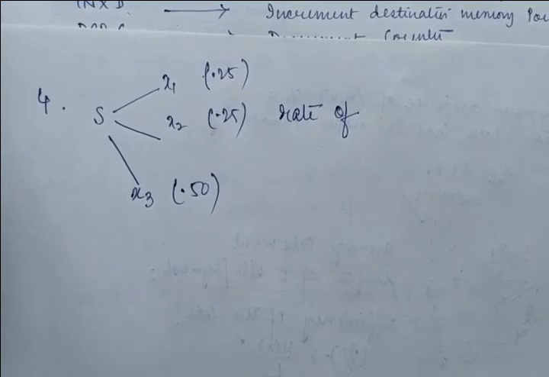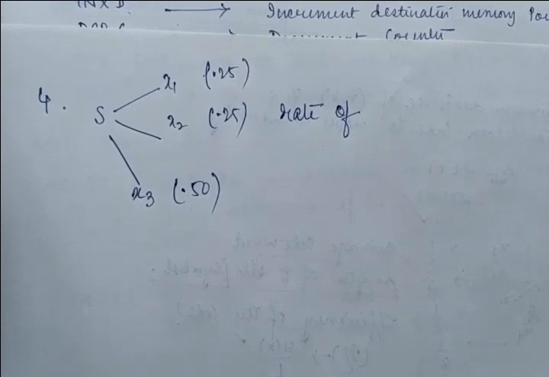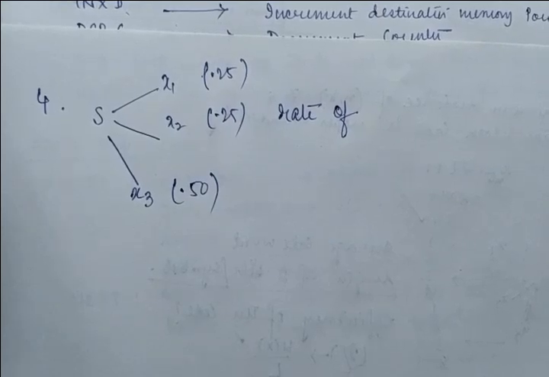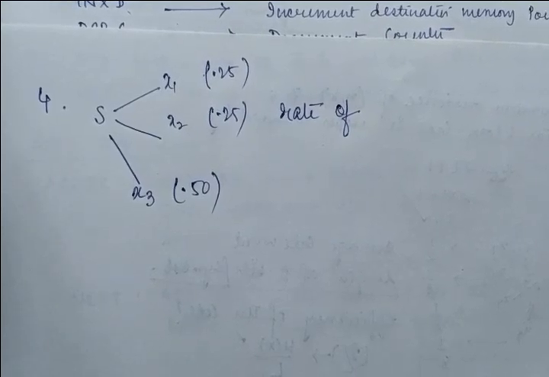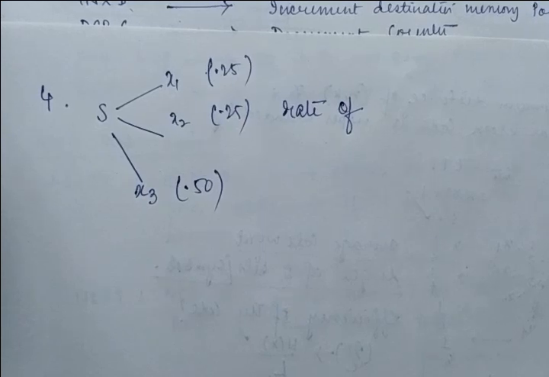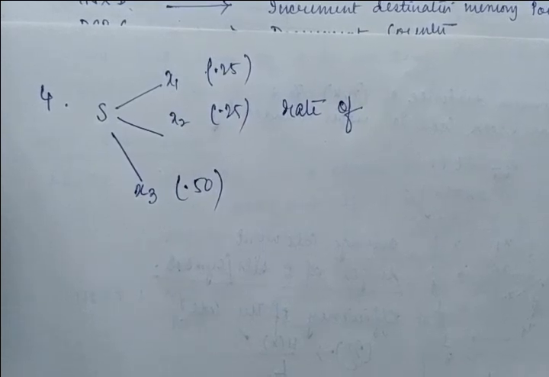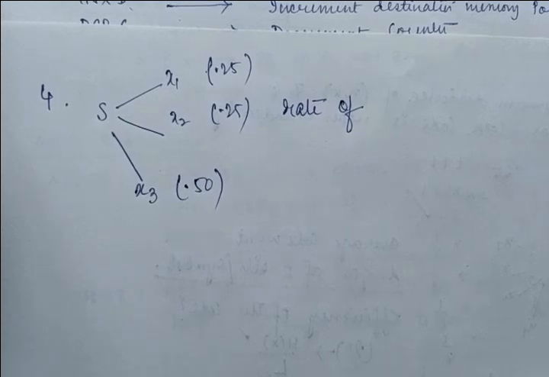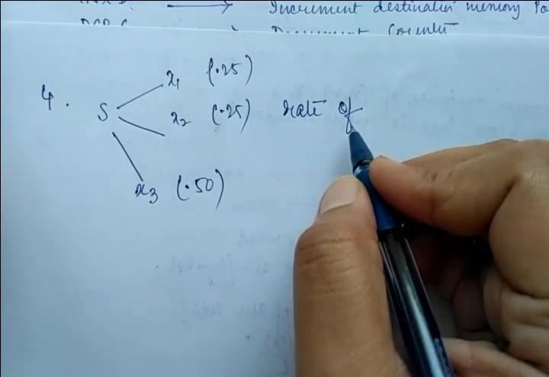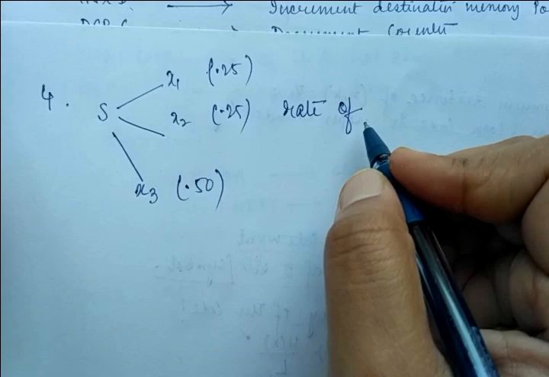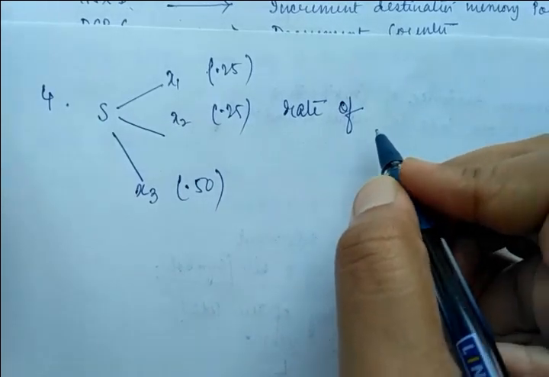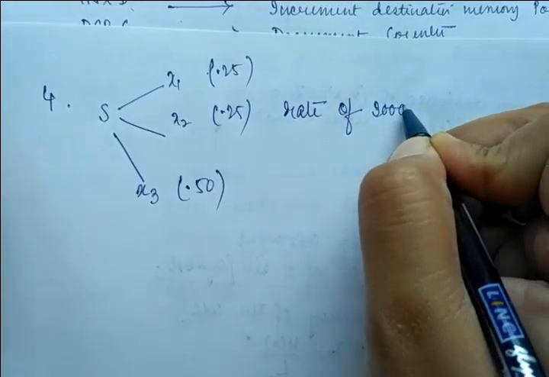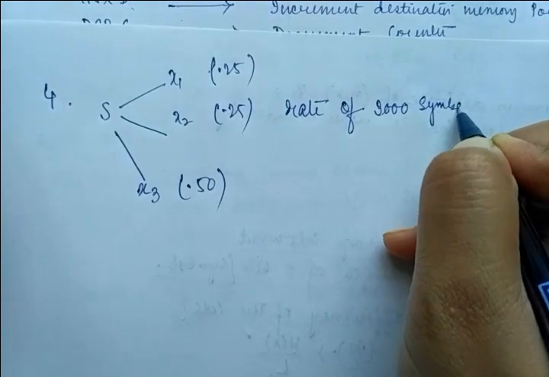Please focus on the unit of the questions, and you will get a better understanding of which parameter we are going to calculate, whether it is capital R or small r, because there is a similarity between them, but you have to distinguish which one we are going to calculate. So here it is given that the rate is 300 symbols per second,